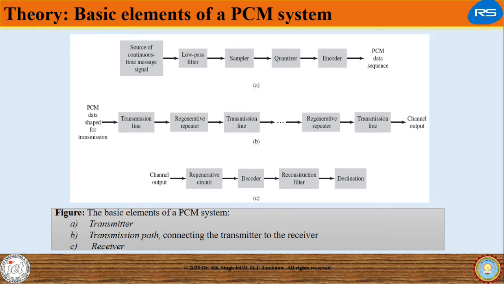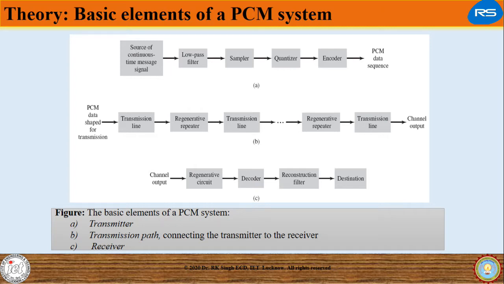of the channel. Low pass filter is used to eliminate high frequency components from the message signal. The sampler: the incoming message, that is the baseband signal, is sampled with a train of rectangular pulses narrow enough to closely approximate the instantaneous sampling process. To ensure perfect reconstruction of the message signal at the receiver side, the sampling rate must be greater than twice the highest frequency component of the message signal in accordance with the sampling theorem.